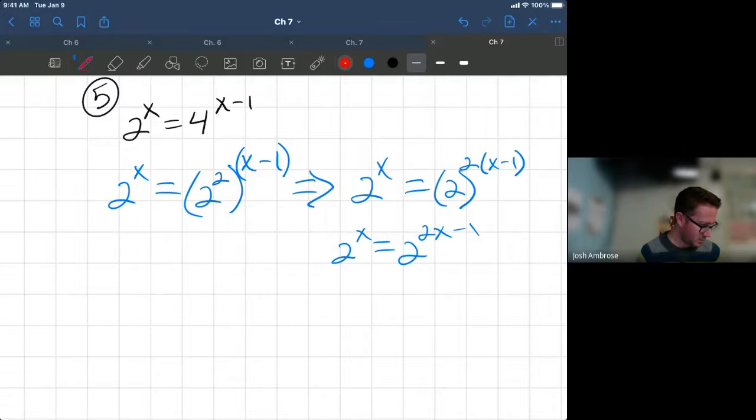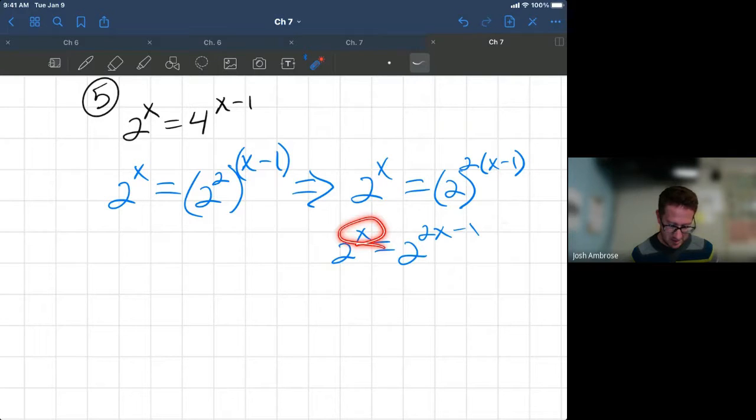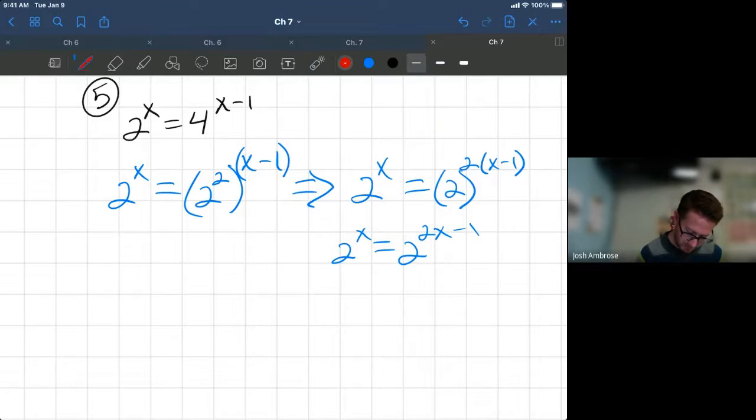All right, we're going to move to another property. Here's the property. Same bases. There we go. We have the same bases. So now we can say that these guys are going to be equal to each other. x equals 2x minus 1. Okay, and then we can move the x over,